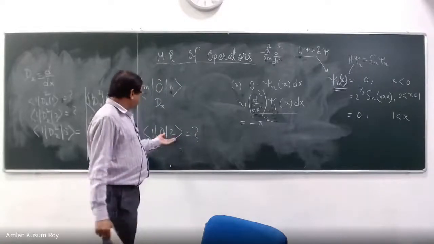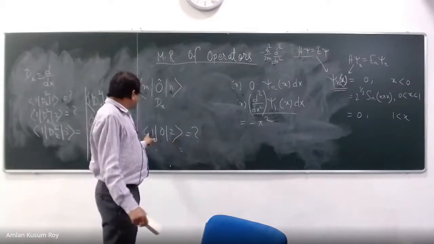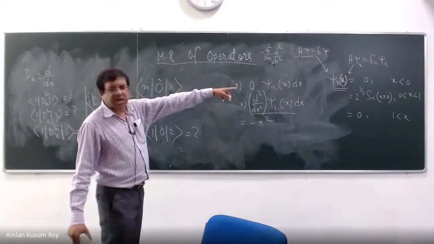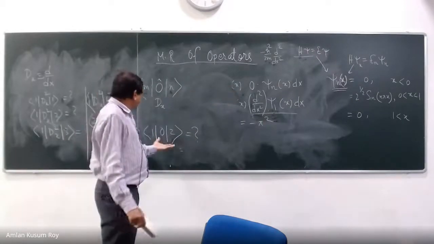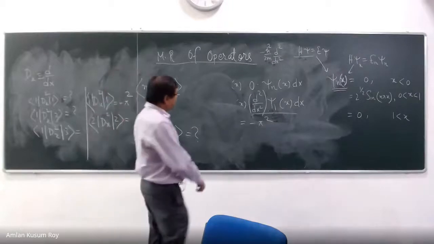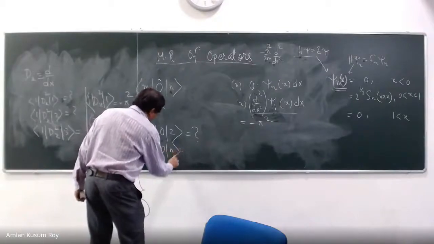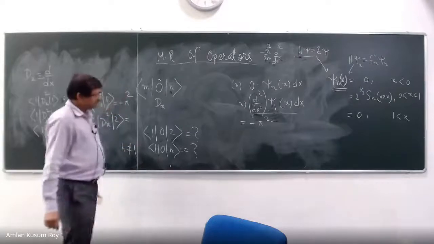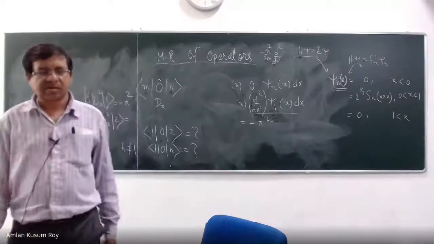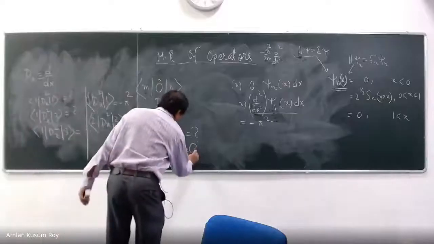So this is again O applied to psi 2, you will get some constant times psi 2 back, but this 1 and 2 are the eigenfunctions of the same particle in a box problem. So you will get back a 0. So you can see what is going to happen for 1, 2, 3, and for that matter 1 to n. What will happen if n is not equal to 1? What will happen, Sanjay? They'll all be 0 as long as n is not equal to 1. Very good. They will all be 0.